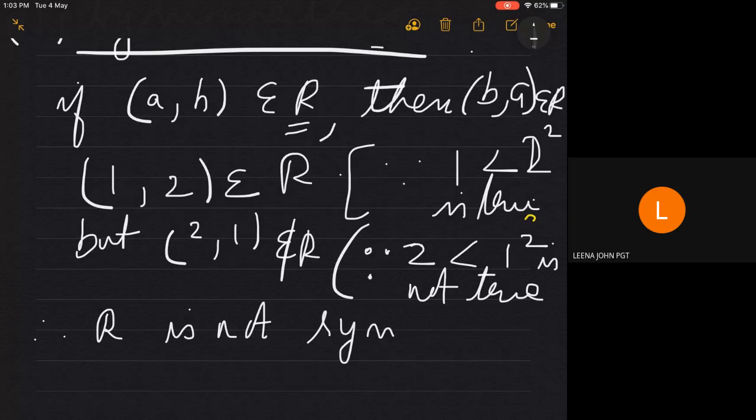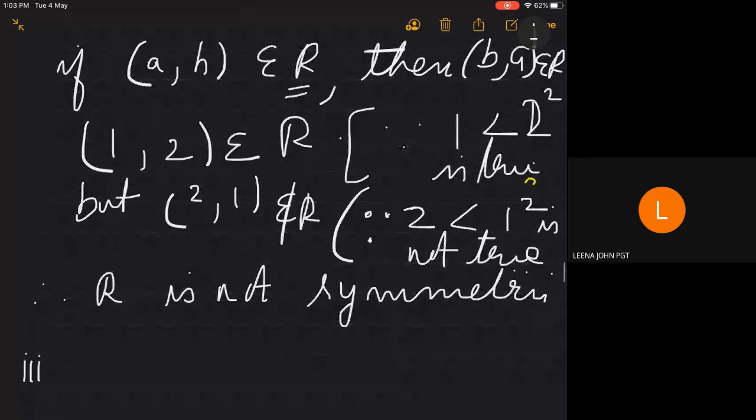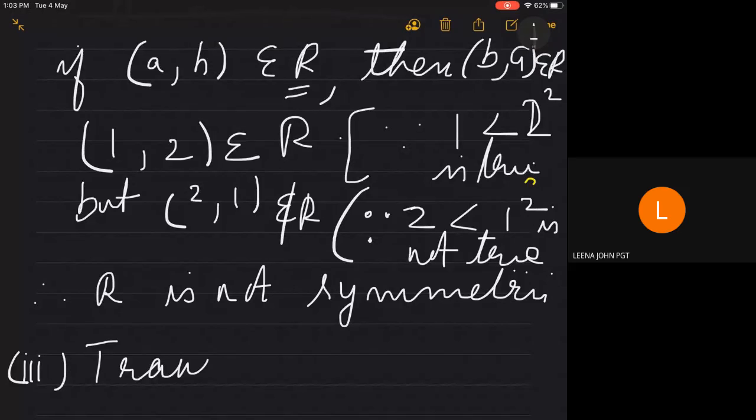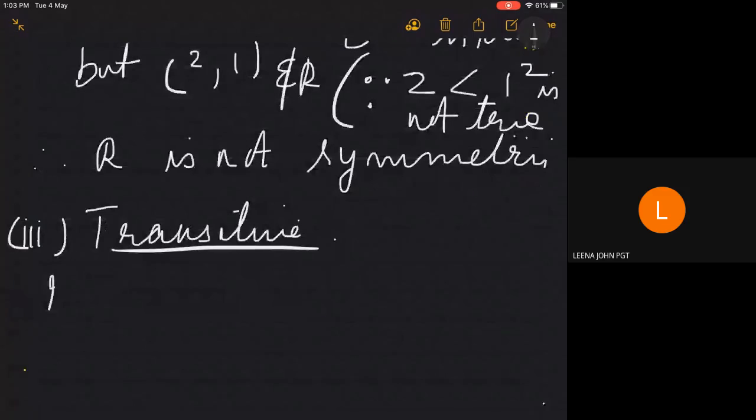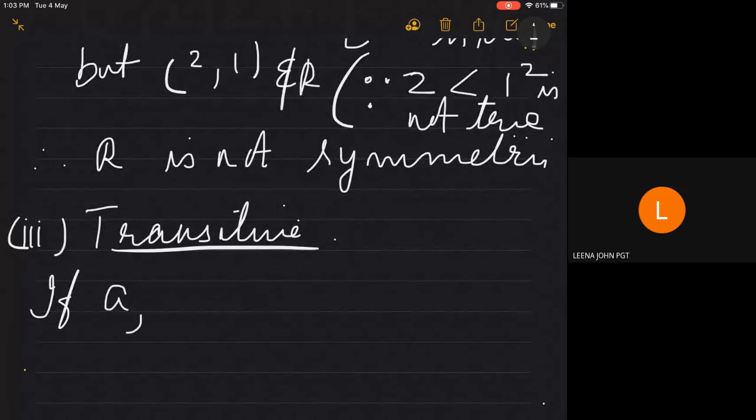And the third one is transitive. For checking transitivity of the relation, we know that it's again a conditional statement. What is a conditional statement? If (a, b) is in R and (b, c) is in R,